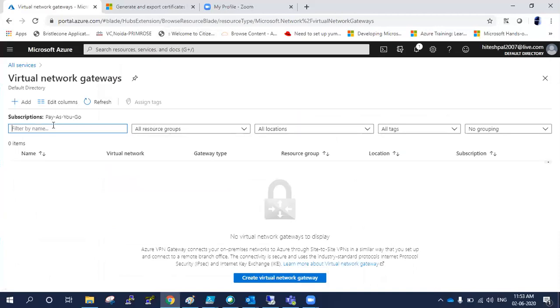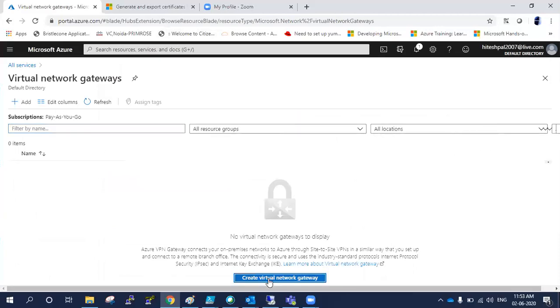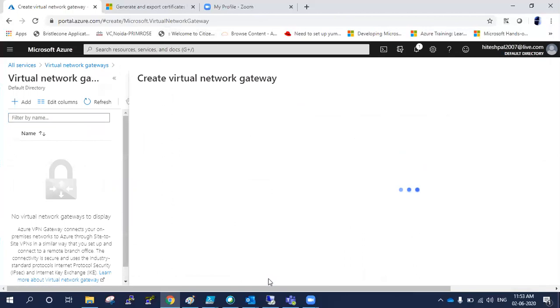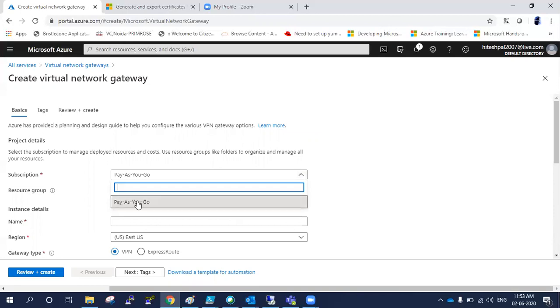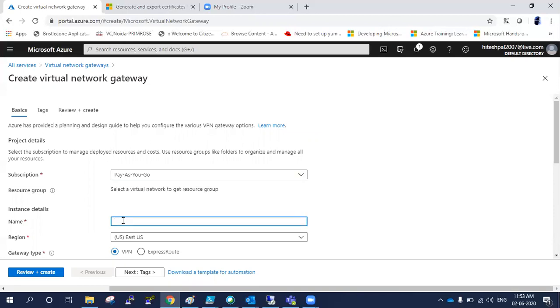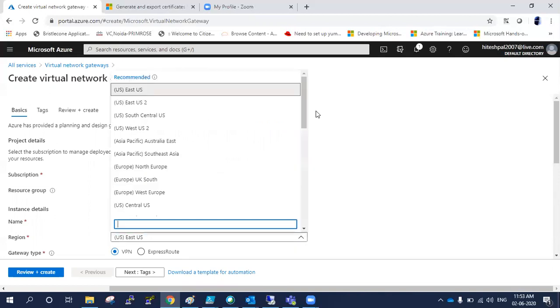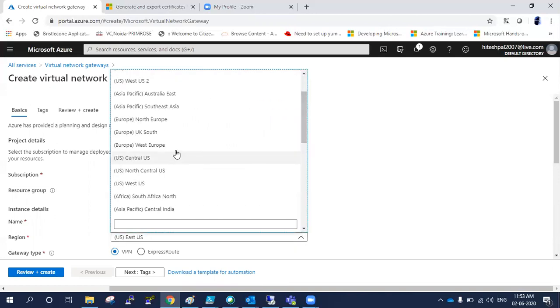Virtual network gateway, this one. Create new. Select the subscription and type the name. So let me take new VNG, virtual network gateway. The region I am selecting is Central US.